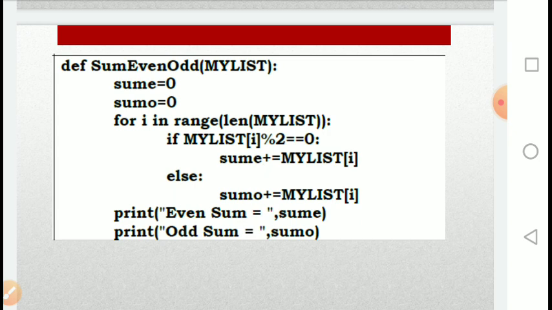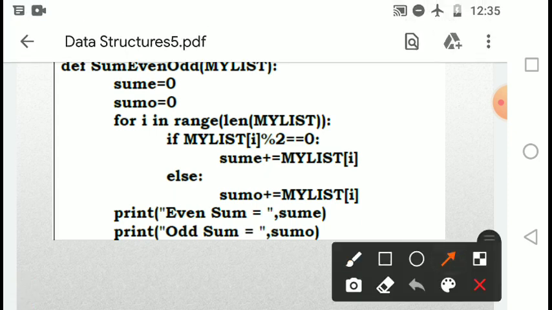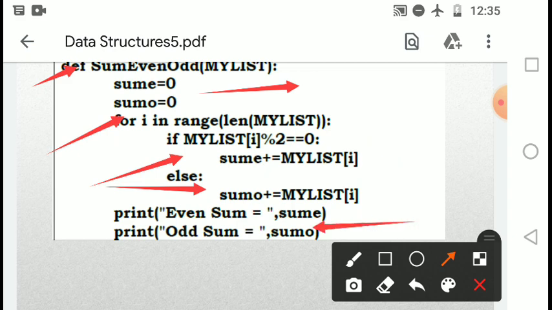You are asked only to write the function, so just write the function itself. And the mark division will be like this: for writing only the function definition, you will get half marks. For this loop you will get half marks. For these two you will get half marks, and for the remaining, this one and this one, you will get half marks. So when a question comes for writing a function, please attend the question such that each and every line of the program contributes to your mark. Even if you don't know the correct logic, you can just write the function header. That itself will give you half marks.